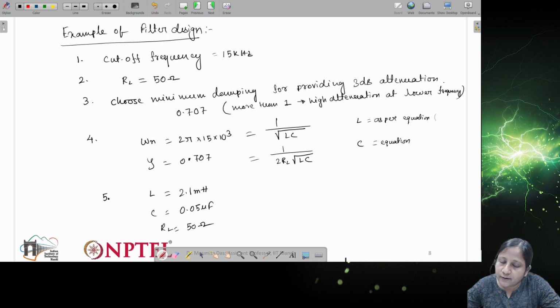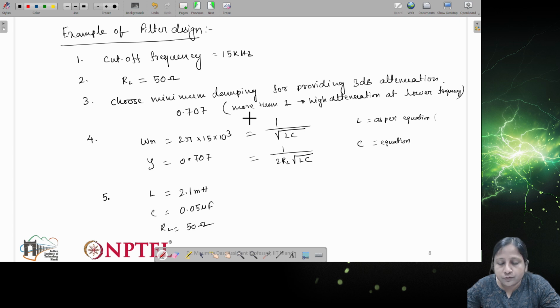If it is not satisfying, then we have to follow the same procedure using a different damping factor to get other values, and then check whether it satisfies the purpose or not. Again, if it is satisfying, then we just stop there. Otherwise this process will continue until we reach the final value. So this is how we can design the filter for the common mode noise considering the second